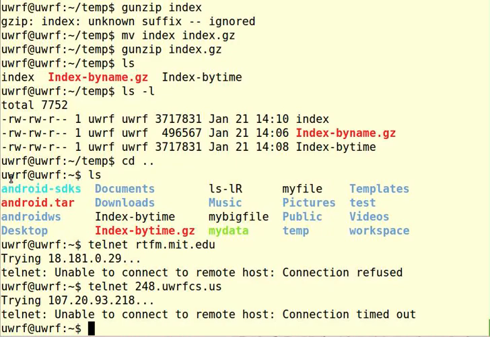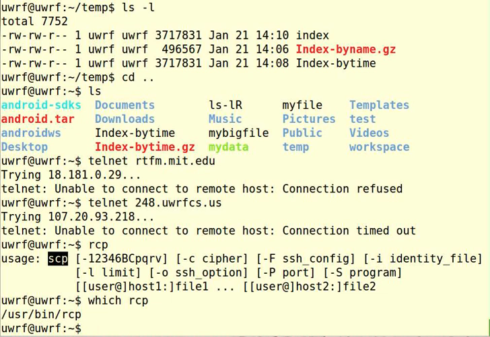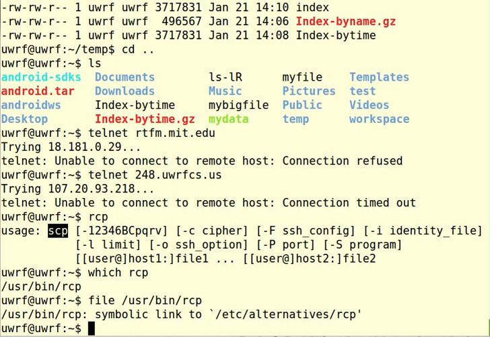If you try to use RCP, note the error message you will get is that you're actually using SCP. So you can say, well, what's going on? What is RCP? It looks like it's there, but if you say file /usr/bin/rcp, you will see that it's actually just a symbolic link to this, and then you want to follow that